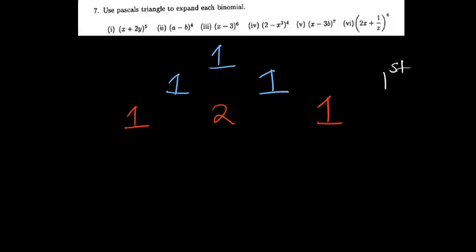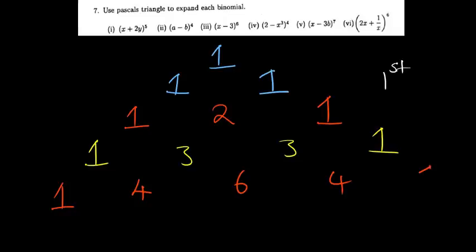So if we add the 1 there, always there will be 1s at the end. Here it will be addition of 1 and 2, which of course will be a 3. Again there it is a 3. And then of course at the end you have 1. We can continue. The next one, of course, 1 at the end. This will now be 4. That will be a 6. That will be a 4. That will be a 1. That will be a 5, 10, 10,